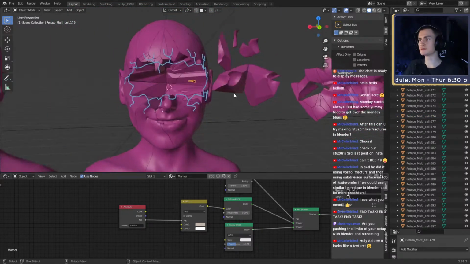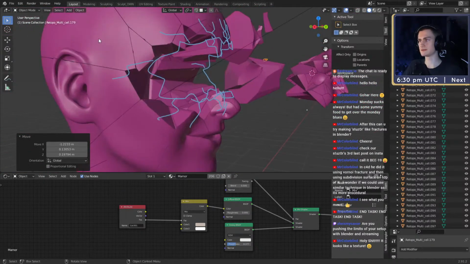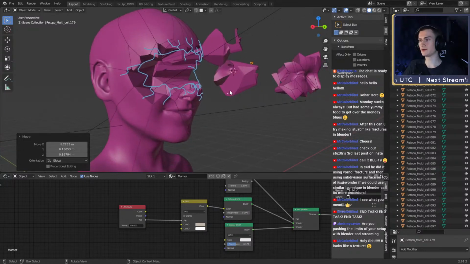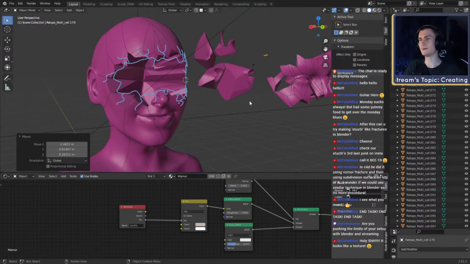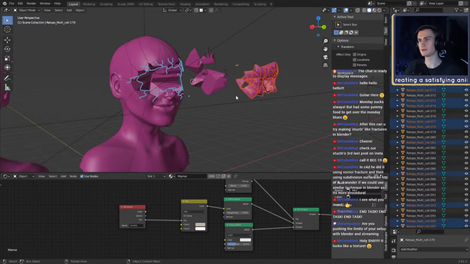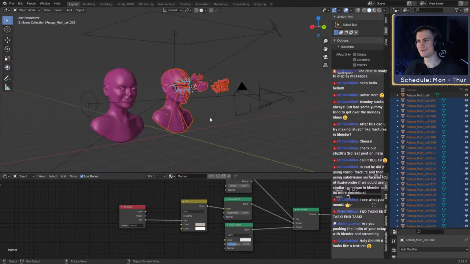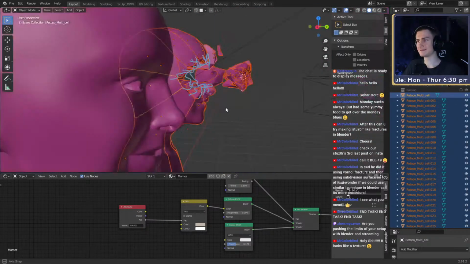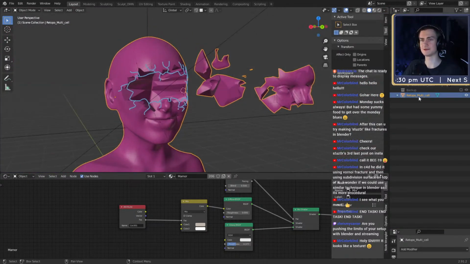I think it chooses a center point, so we have this center point right now. But now let's see. The only problem, of course, now is the subdivision. If you want to apply a subdivision to all of those pieces together, we can just select all of it. If we select the whole list, how many do we have here? 202 pieces. There we go. Oh, there's one more. And then we can press Ctrl J to join them into the same object. So there's just one now.